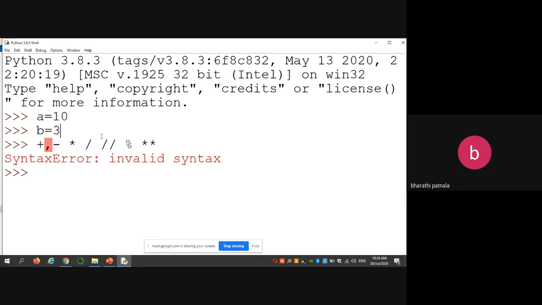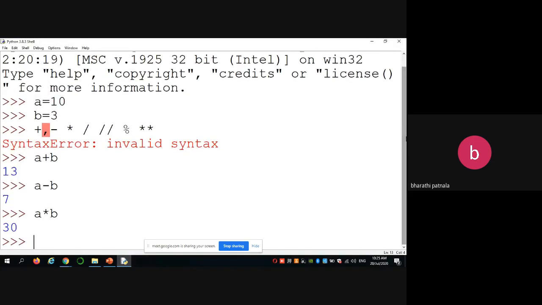For example, if you want to perform addition, A plus B gives 13. A minus B gives 7. Next, similarly, A into B gives 30.